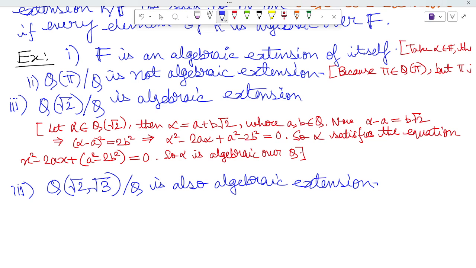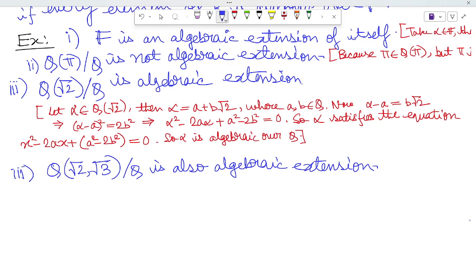So again, for as much as we have discussed here, you need to choose an arbitrary element and find an equation which the element would satisfy. That is the proper by-definition way of showing an algebraic extension, but that might be